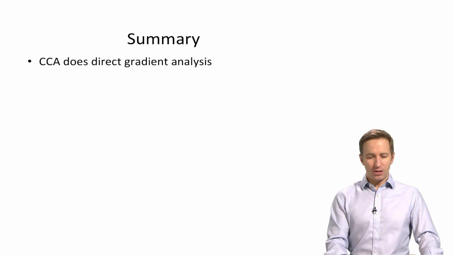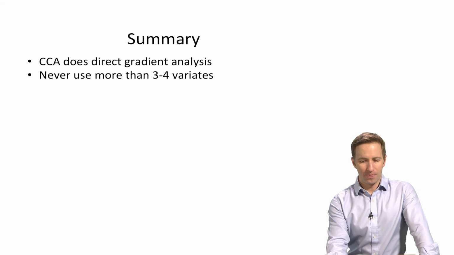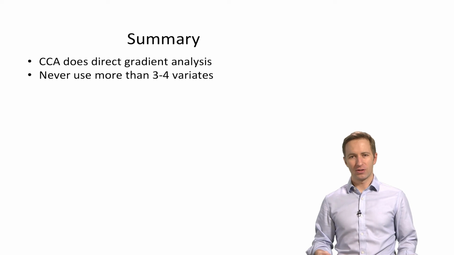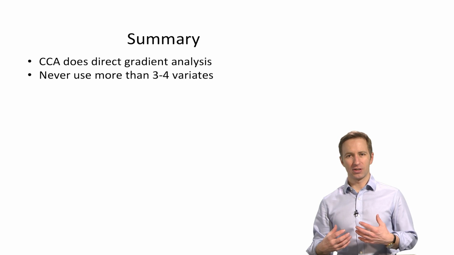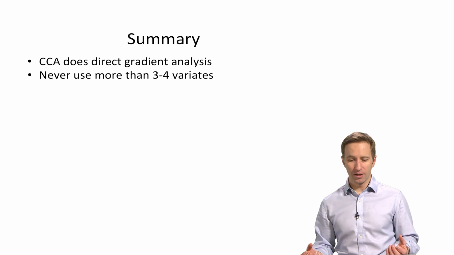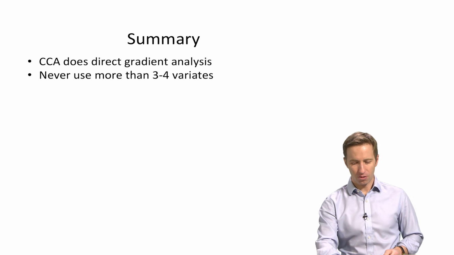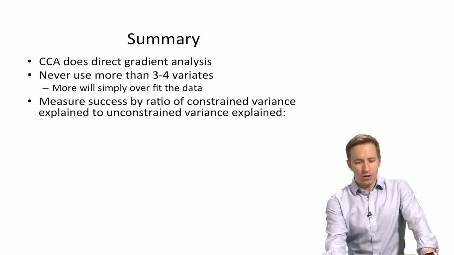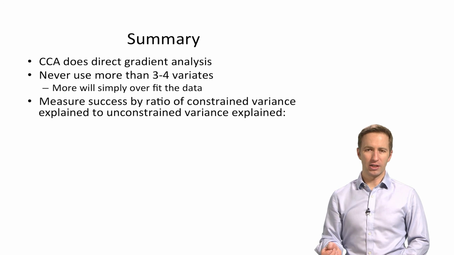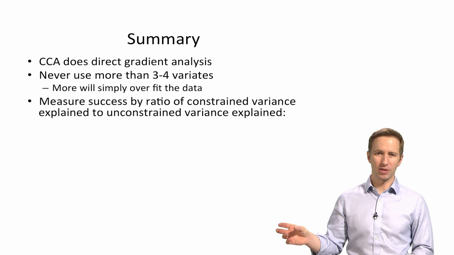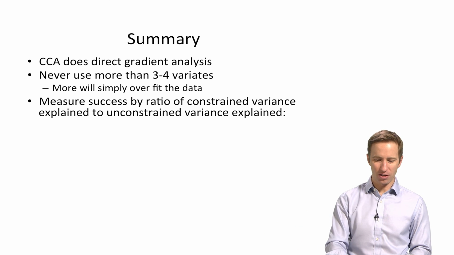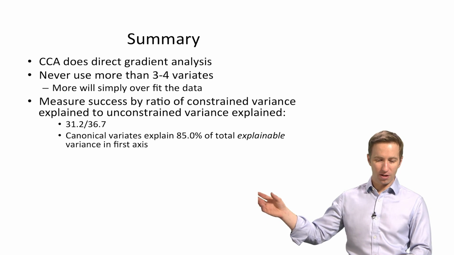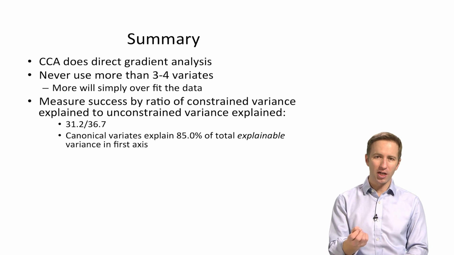So in summary, CCA does direct gradient analysis. I recommend that you never use more than 3 or 4 variables in this. Once you get up to 5, 6, 7, 8, you're going to start seeing spurious associations unless you have a really big data set. So more than 3, 4, 5 is going to start overfitting the data. You can measure the success of the constrained ordination by the ratio of the constrained variance explained to the unconstrained variance explained. So like in the example we saw, our canonical variance explained about 85% of the total explainable variance in the